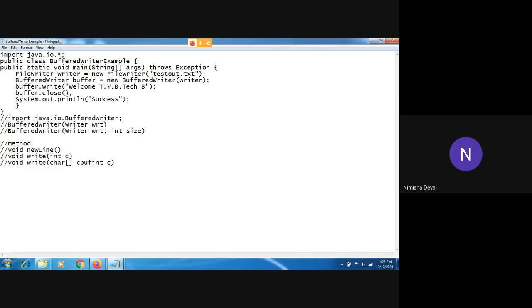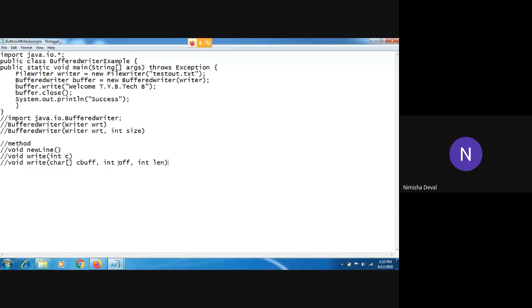Suppose the name is cbuf, then comma, after that offset is there, means starting and ending. So you can set the offset, you can set the length. Both ways are allowed. According to your use, you can use these methods. First is for a single character and second one is for writing a portion of an array of characters.